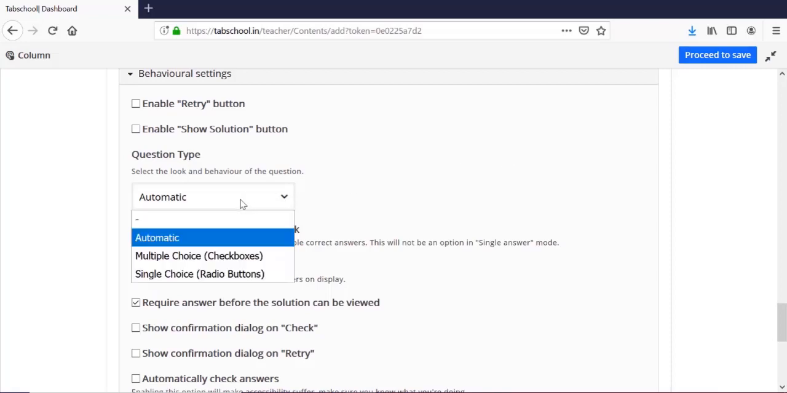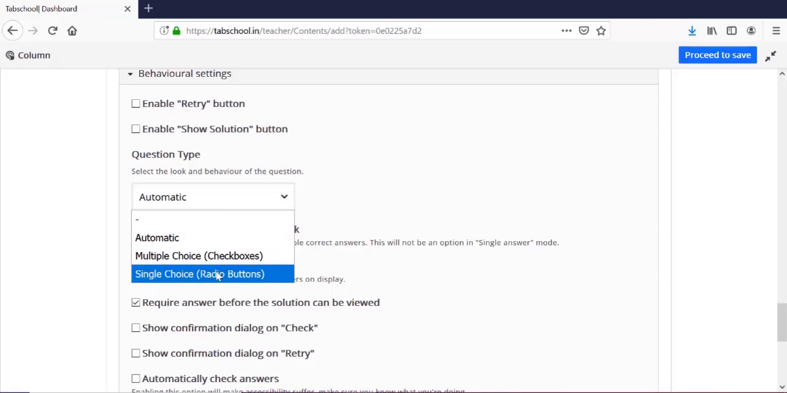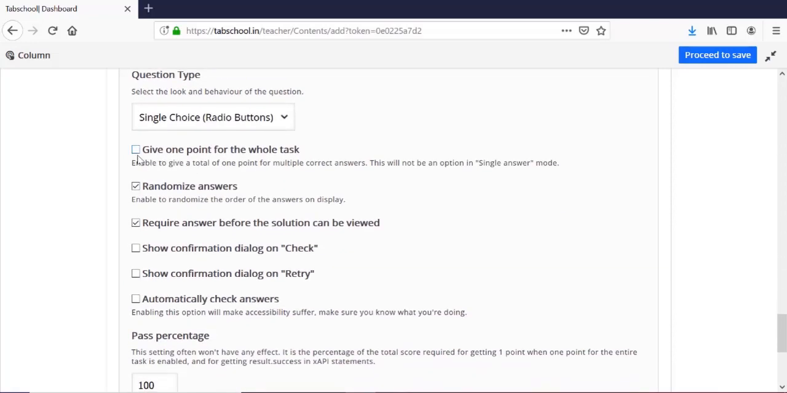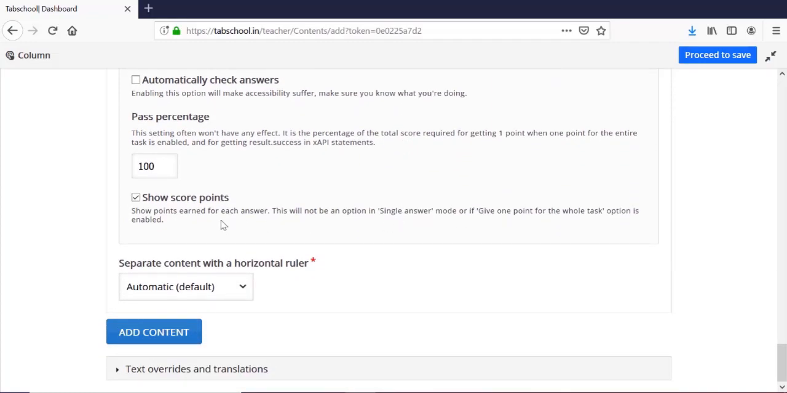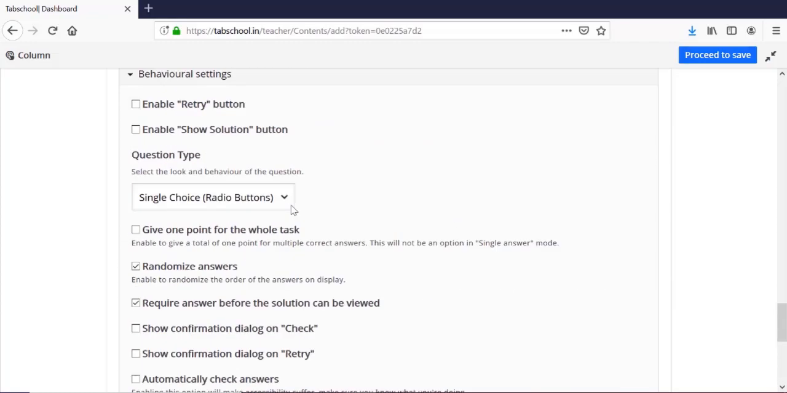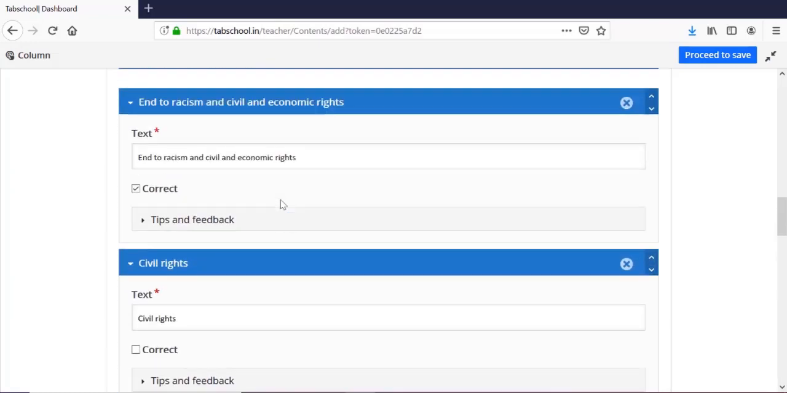Then question type, let's say single choice. Randomize answers, that is required. We don't want every time the option has to be the second one. So let's go with that. Yes, require answer before the solution can be viewed. There you go. So your first question is